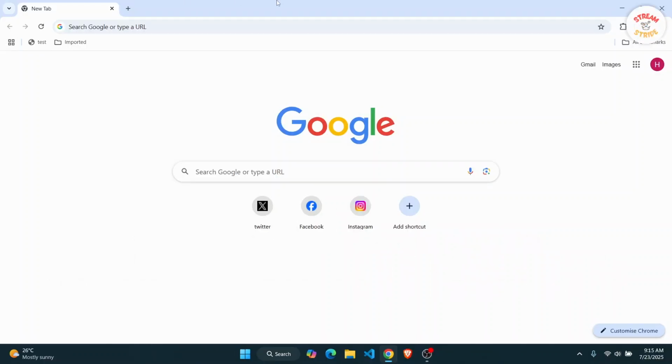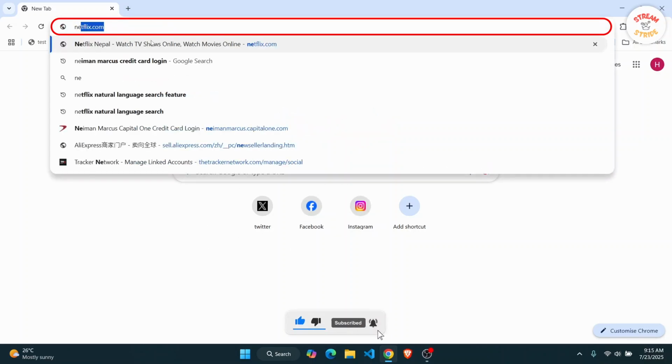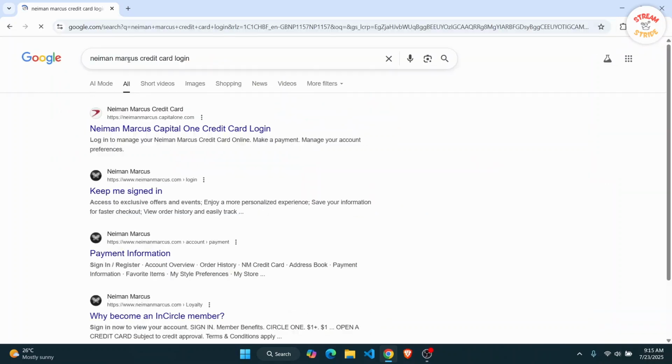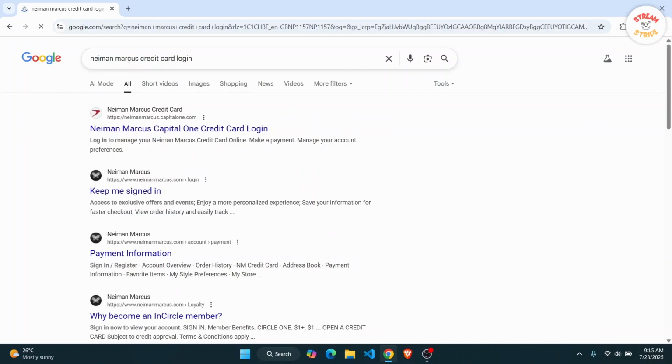So the first thing you have to do is open up any web browser on your PC or your phone, go to the search bar and simply search for Neiman Marcus Credit Card login. Click enter, and then from here you will see this link, Neiman Marcus Capital One Credit Card Login. So your credit card is issued by Capital One, so you're going to have to click on this link to